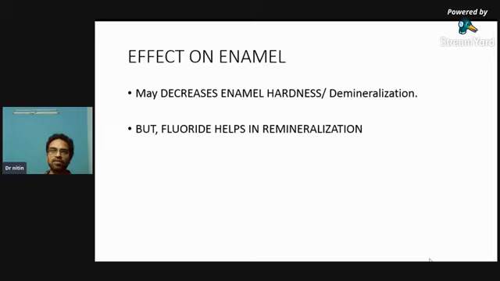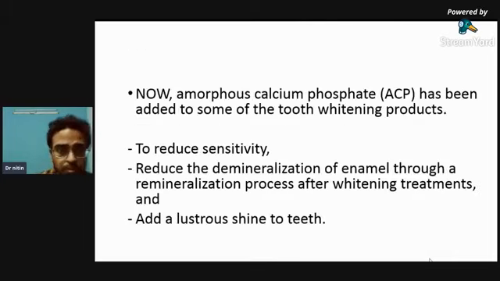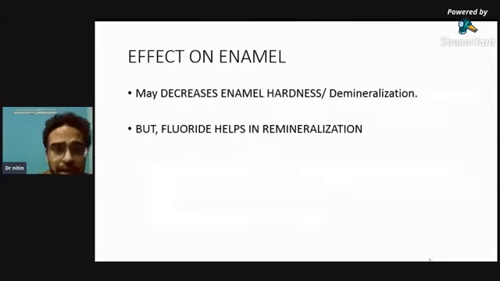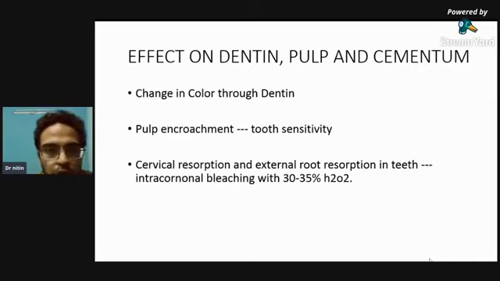So now we are well aware of the components, the science behind how it acts, what the effects on enamel are, and what care you need to take pre-bleaching and post-bleaching. Okay. So now, effects on dentine, pulp and cementum. In enamel there is direct contact, but sometimes mild cracks are there, and it may ingress into the dentine part also, and from dentine, pulpal communication is also very common. And cementum, especially in non-vital bleaching, we'll discuss in detail now.